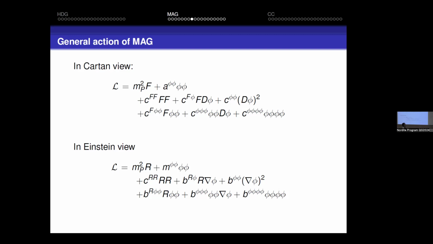And the other two lines are dimension 4 terms instead. And so you see you can have terms quadratic in curvature or quadratic in the derivative of phi, or mixed terms F d phi. So these terms are quadratic in F and phi. And in the fourth line, you also have dimension 4 terms that are cubic in F and phi. So either F phi phi or phi phi d phi or 4 phi's. Okay, so this is the expansion of this theory at dimension 4. So it's somewhat similar to the one that I showed earlier for metric gravity, but it contains many, many more terms.